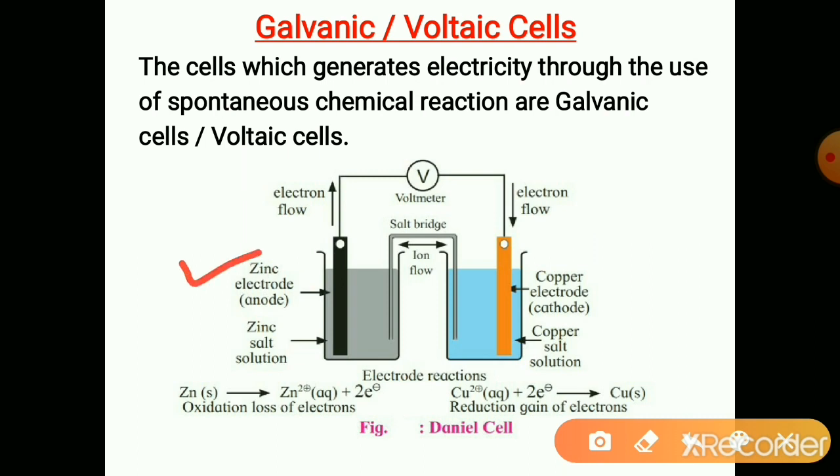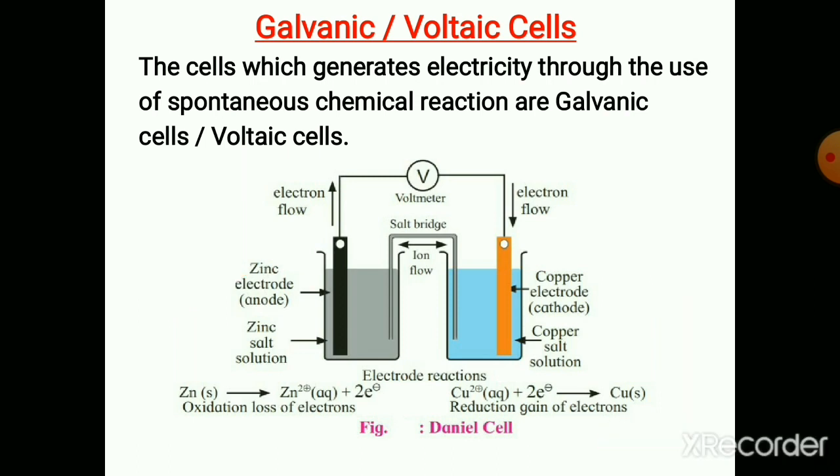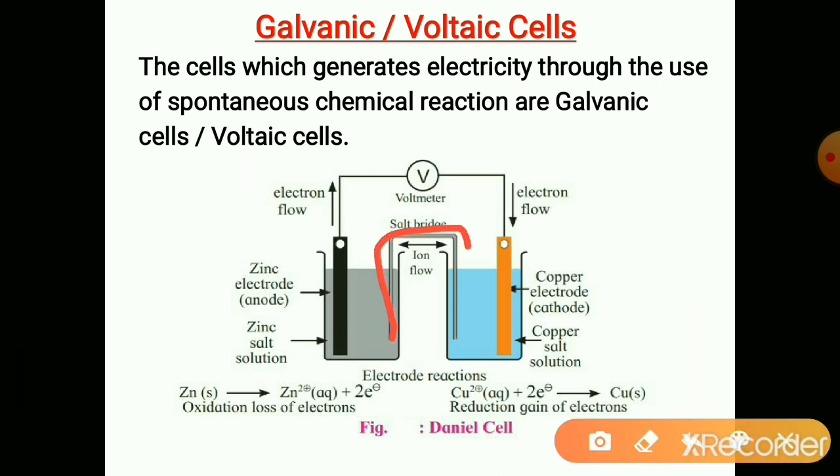These two are the half cells: zinc electrode is the oxidation half, copper electrode is the reduction half. Electrons flow externally from anode to cathode. Anode is negatively charged, cathode is positively charged in the galvanic cell. Always the anode is denoted on the left, the cathode on the right. Internally these are connected with a salt bridge which gives the electrical contact between the two half cells and the electrical circuit is completed.